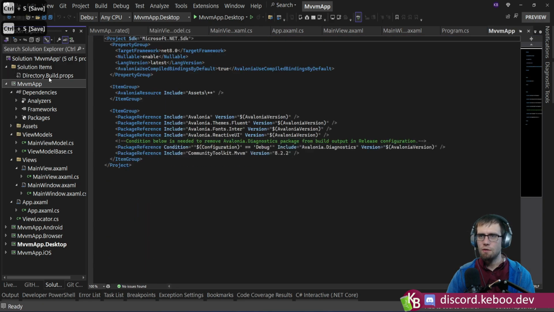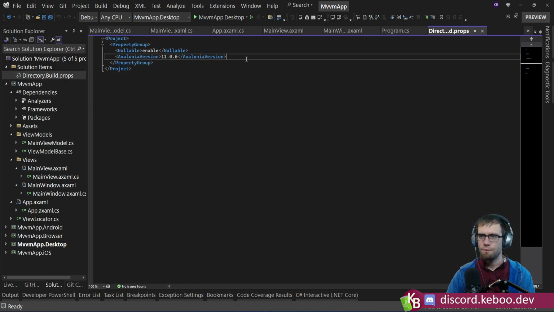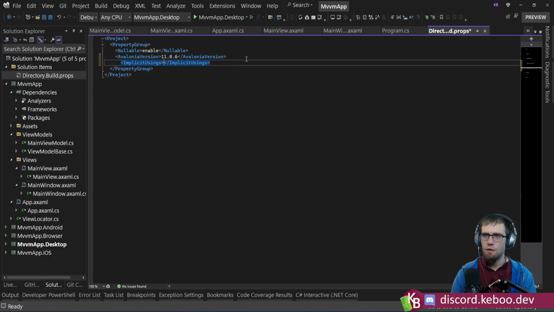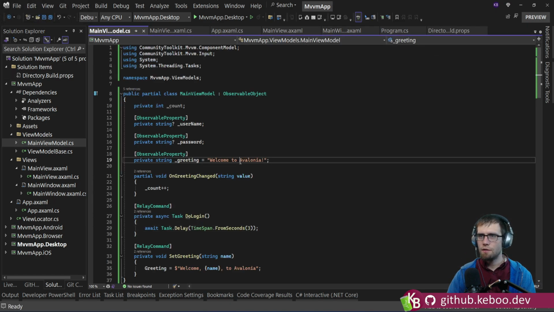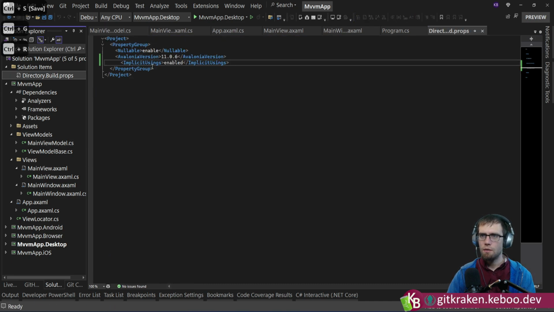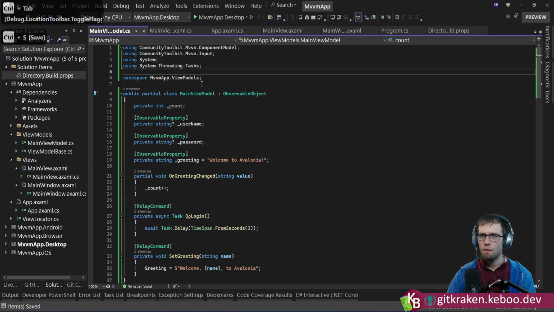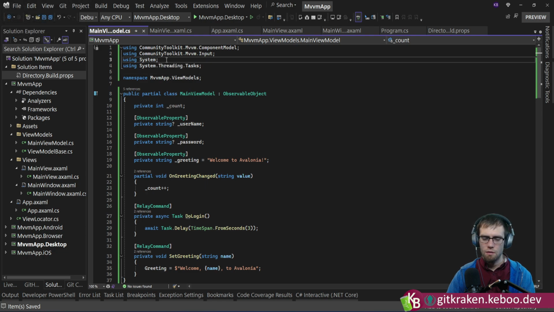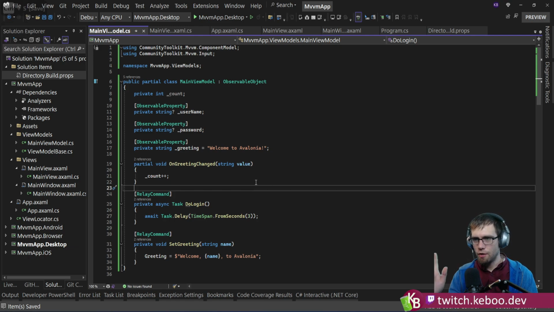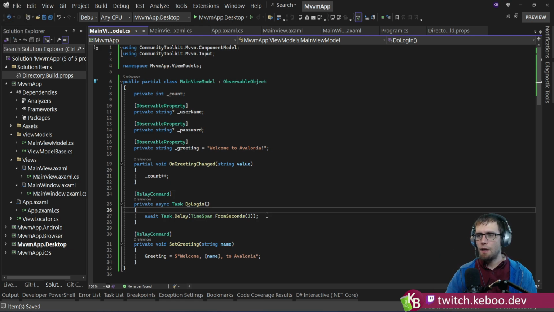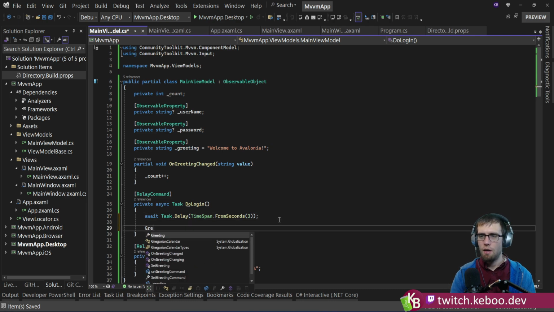Does it not turn on implicit usings? That's disappointing. Implicit usings enabled. Boom. There. I don't want to think too hard. I am way too lazy for that. What? Oh, is it just enable? I just have trouble remembering these. There we go. Okay. Enabled, not enabled. Okay, so we're going to do that, and then we're going to do something like greeting